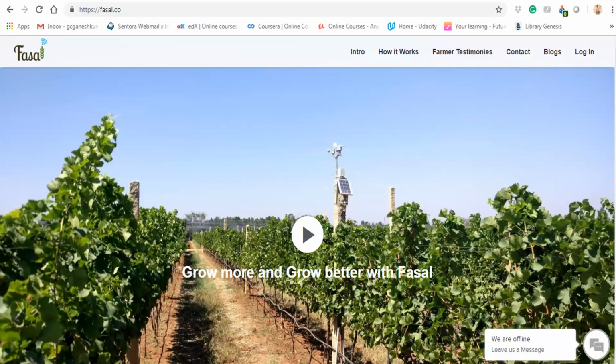So you don't need to put in too much water or too much input or anything. They just have to fine-tune. This is normally called precision farming. Initially we discussed that in the agriculture sector also, we need more output, but the input we have to give very little, right?